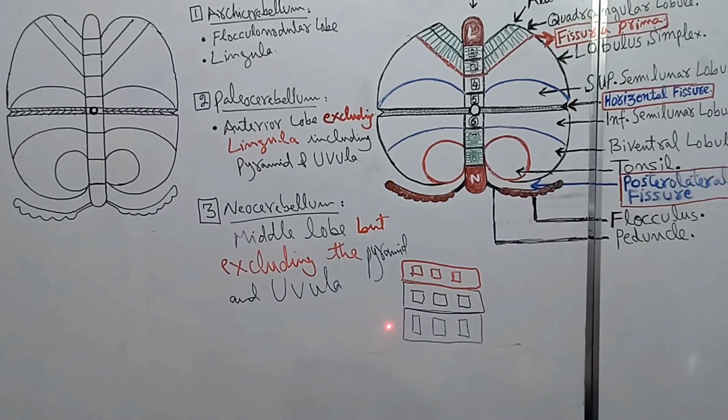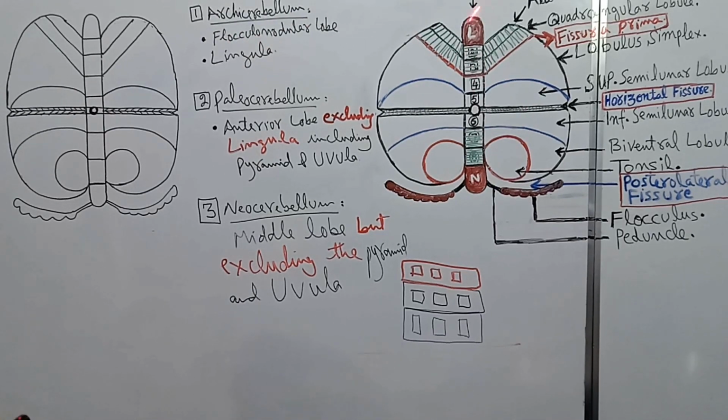Therefore, the cerebellum is also developed in phases, in steps. First one part of the cerebellum is developed, then the second part, and then the third part. The first part of the cerebellum to develop was the flocculonodular lobe and lingula. This is why it is named the archicerebellum. Archaeology, archicerebellum, the oldest one. So these are known as the archicerebellum.